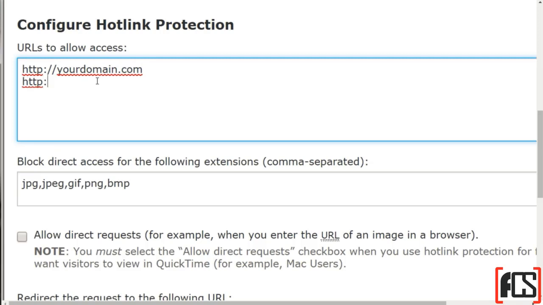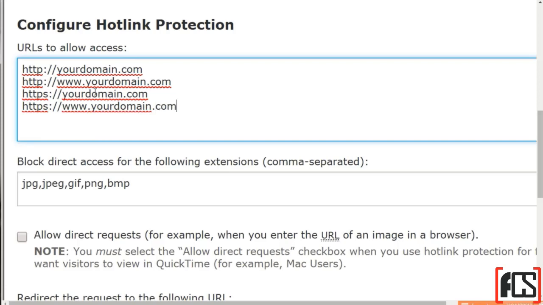But if you use www or you have HTTPS, you could add that as well. Hypothetically, that shouldn't really matter, but we'll do that here just to make sure. Remember, these are just variations of yourdomain.com. We can enter that here. And let's say that you want another site to have access. Let's say you have yourseconddomain.com. You can put it as